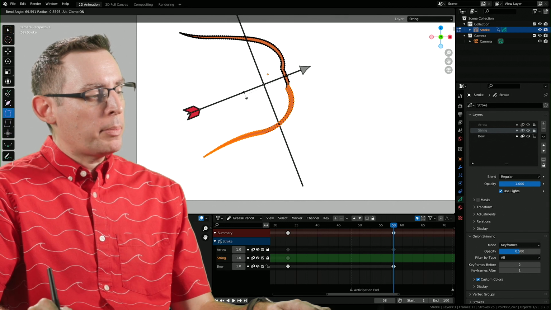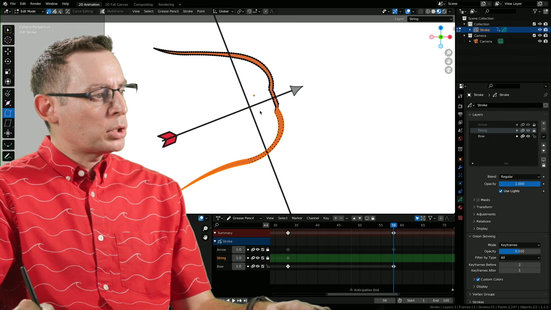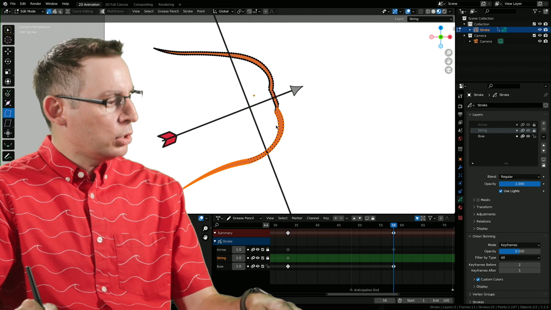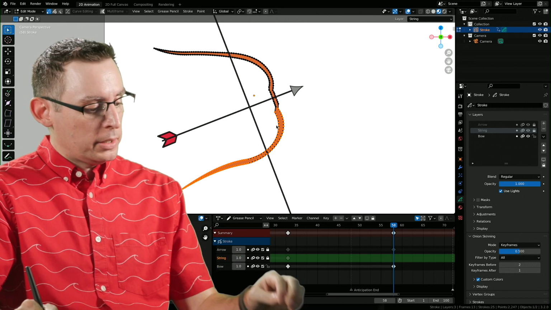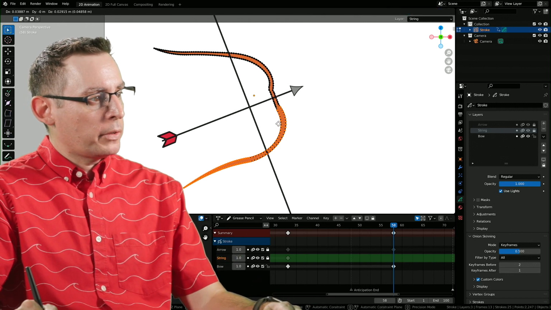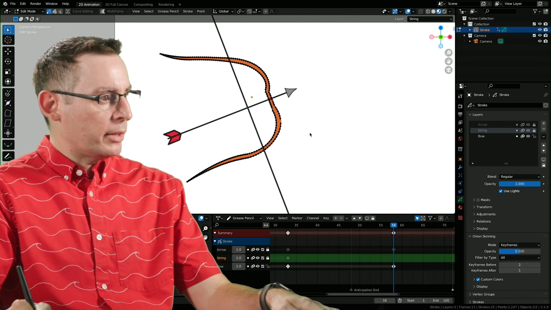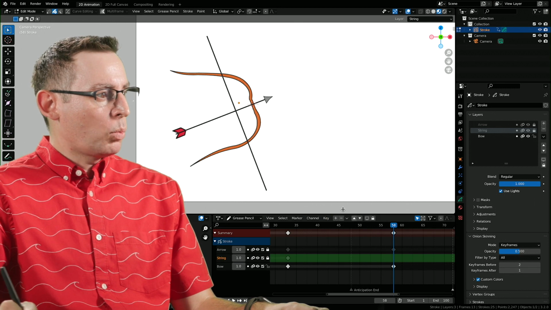Yeah, just find something you're happy with. And then if you need to make some small adjustments, you certainly can. I'm going to go back to the box selection tool by hitting the W key, and then immediately fire off the grab tool and just get rid of that hard angle. Yeah, I'm liking that. Let's go back into stroke selection mode. Yeah, and that's going to work just fine.